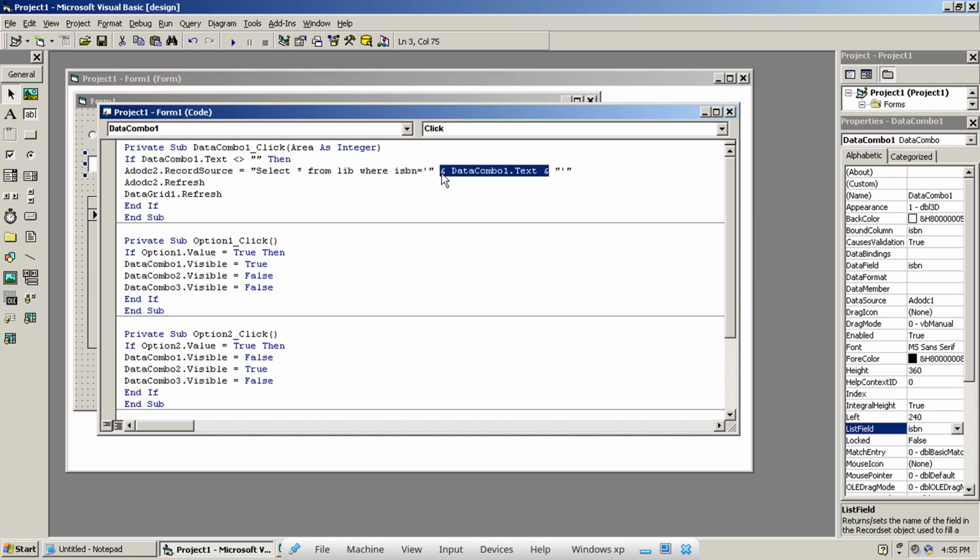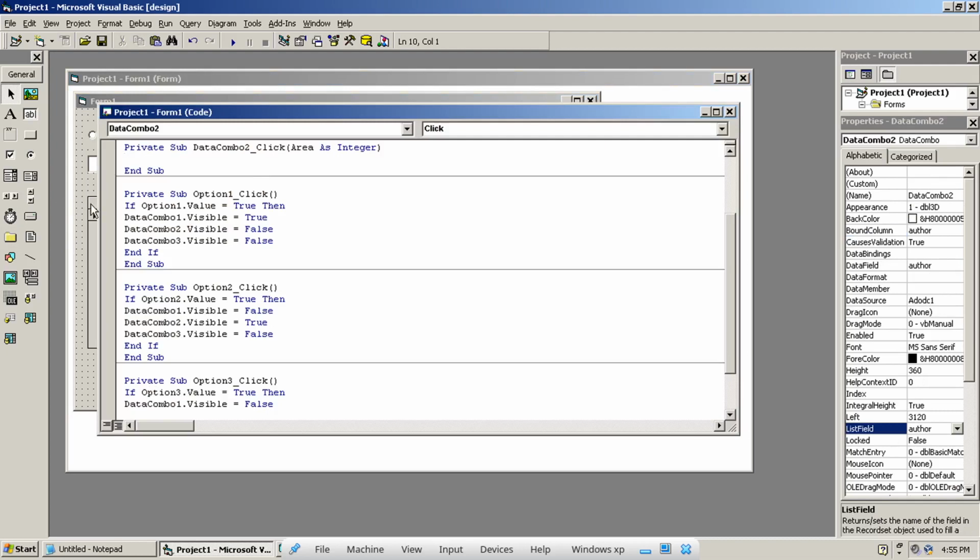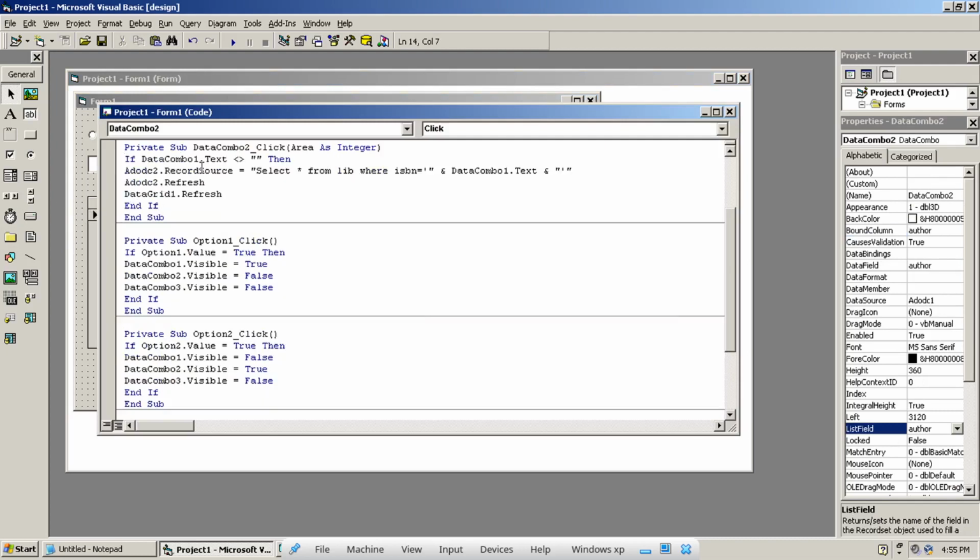Now after rechanging the query, I need to refresh my ADODC as well as the data grid. Both are refreshed to show the search results. Now the same has to go for data combo 2.